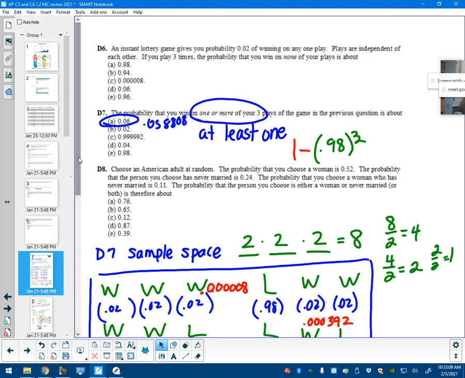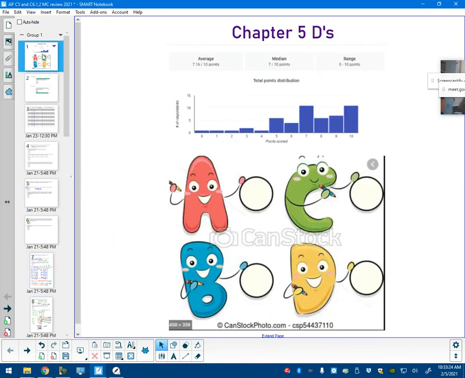The 5 Ds. So it's page. It's not in our new packet. It's the old stuff that was its own packet that had this. It has this on the front of it. That packet looks like this. And it's in chapter 5, the Ds, because I haven't assigned you chapter 6 Ds yet.